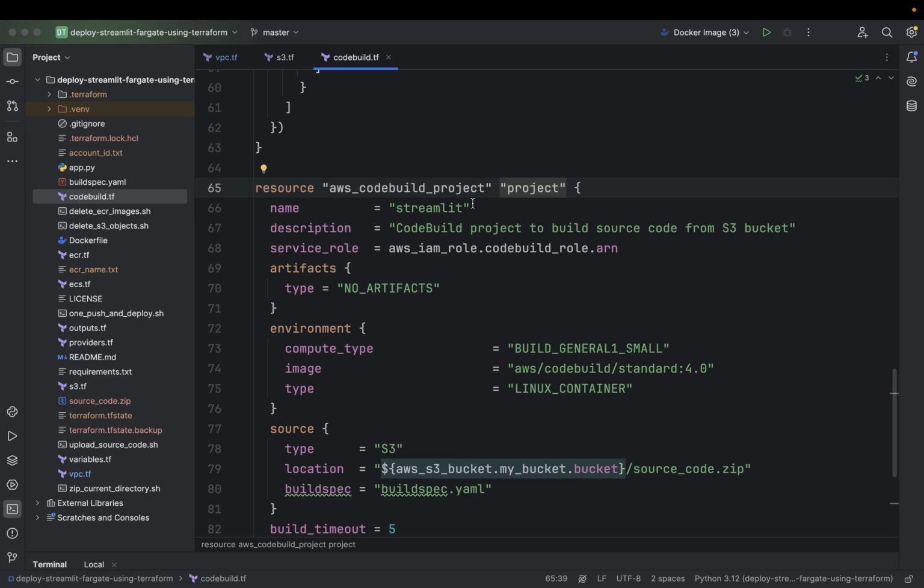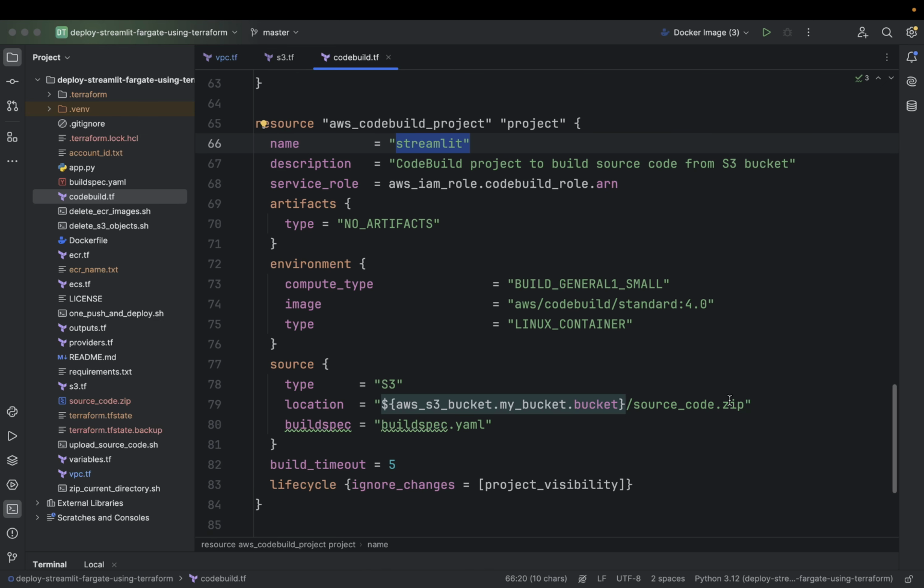This project named Streamlit will source its build input from an S3 bucket containing the source code, I mean the source_code.zip. Please note that this address must be valid, must be available beforehand.